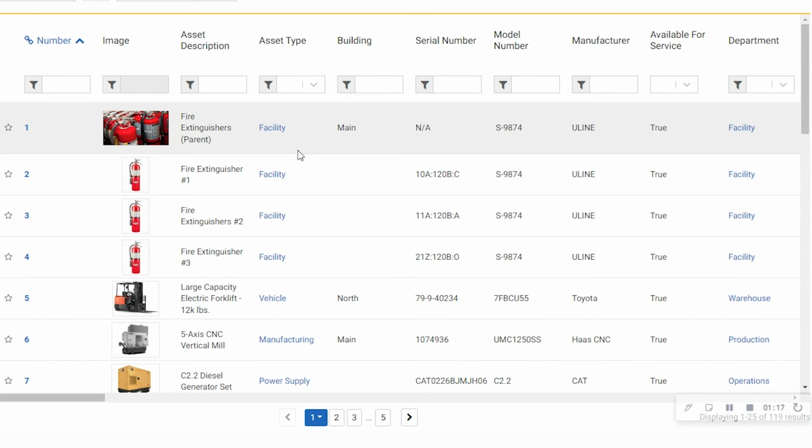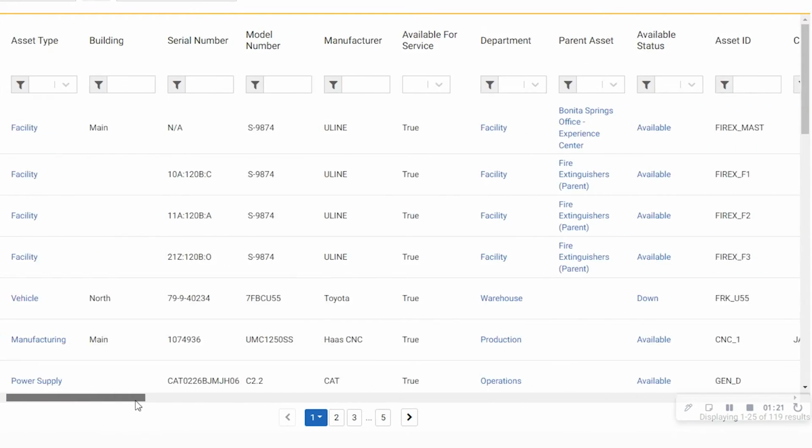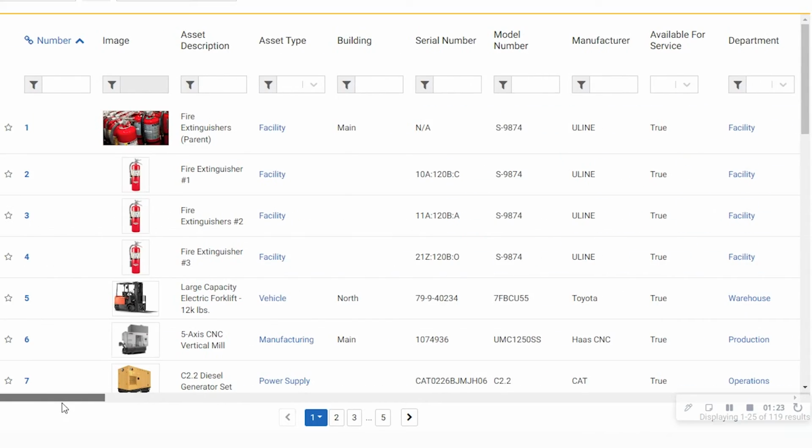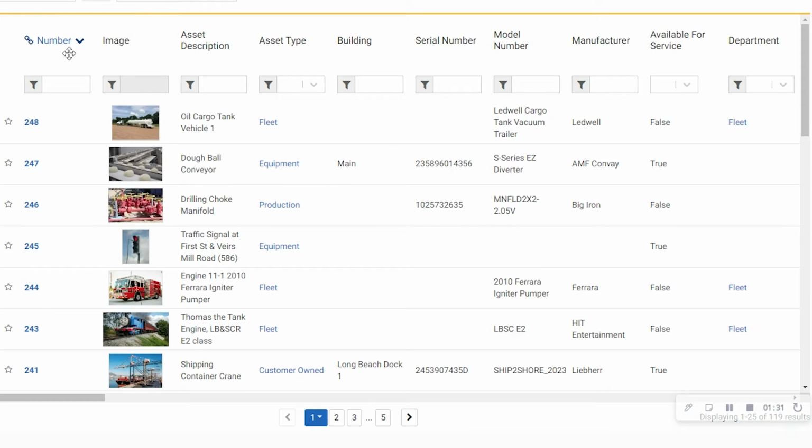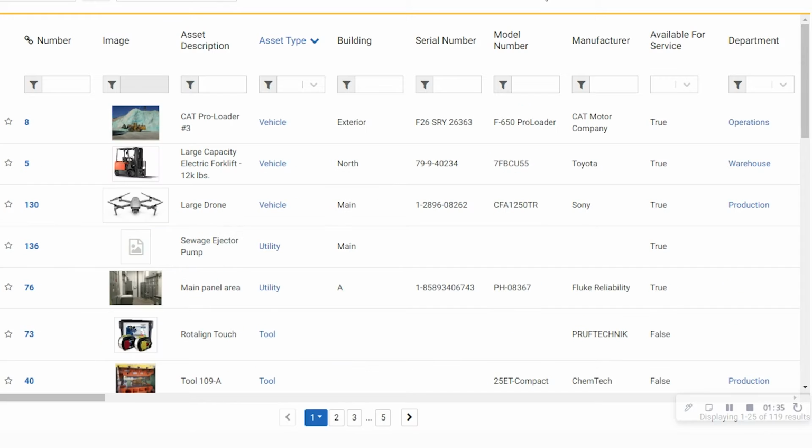The list view, as I was mentioning before, has a variety of different columns that you can have available to you and your users to be able to fill in information for filtering to look for a particular asset or a group of assets. This information can also be sorted. I'm currently sorting by number here in my case in ascending and descending order, but I can easily pick any of the other columns that I currently have available within my list view.